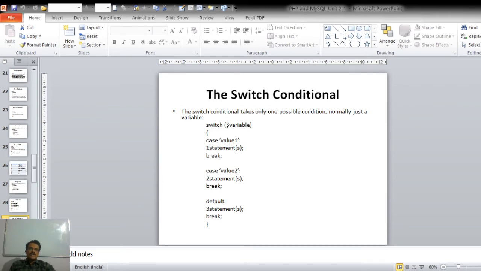Now this switch conditional statement takes only one possible condition, but it can have multiple options available, right? So the syntax is pretty simple. Switch in brackets, we are providing a variable and we are checking our values against the value of this variable. Suppose case value 1: if the variable contains value 1, then the first statement will be executed, followed by the break. So we are breaking the flow of this switch statement